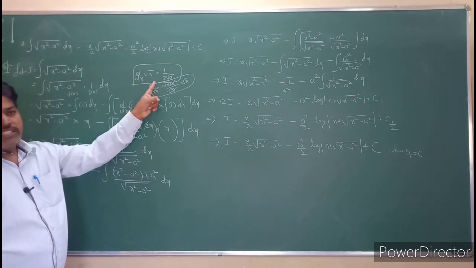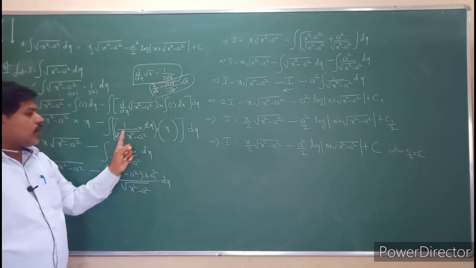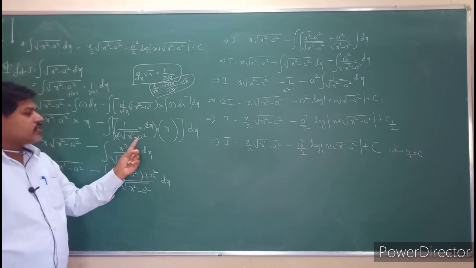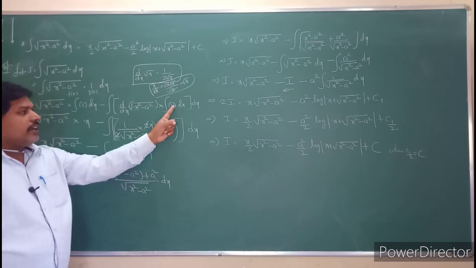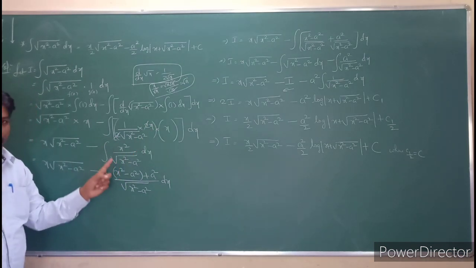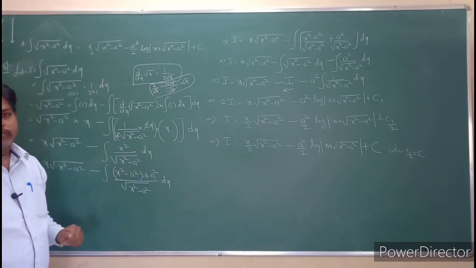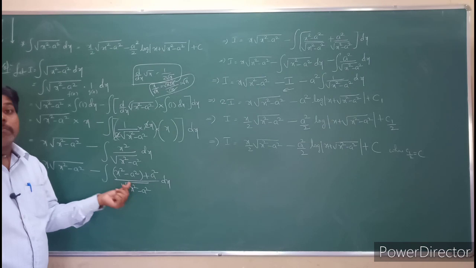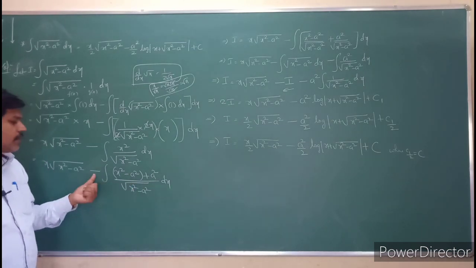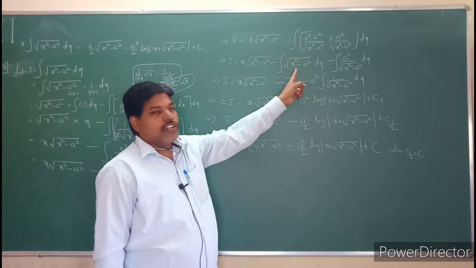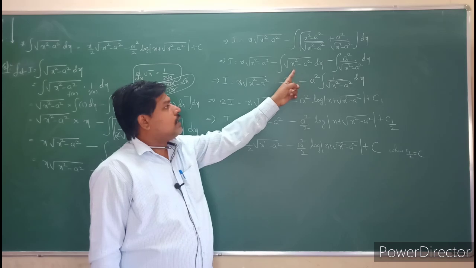The derivative of root x formula is 1 by 2 root x. But it is not x, it is a function x square minus a square, so you have to differentiate the function. The derivative of x square minus a square is 2x, into integral of 1 which is x into dx. So just cancel the 2 and you can take x into x as x square by root of x square minus a square into dx. So this x square, how can you write that, students? x square minus a square plus a square. Just separate the terms and apply the minus also. So what we will get, x square by root of x square minus a square will be cancelled, you will get root of x square minus a square. And this is the I.